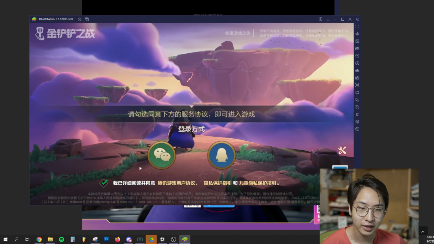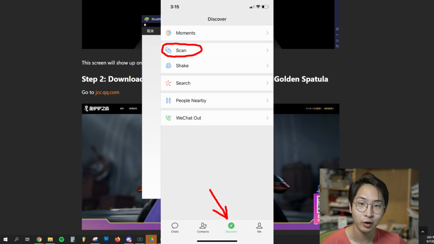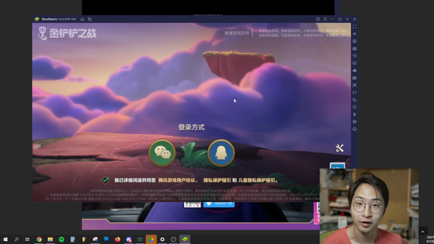Let's go ahead and click the WeChat icon in BlueStacks, and then a QR code should pop up. And now what I want you to do is take out your phone, open WeChat, click on the Discover tab on the bottom right, and then click Scan, and then scan the QR code you have on your computer screen. After that, we are done with the phone. We're verified. We are going to go back to our computer,